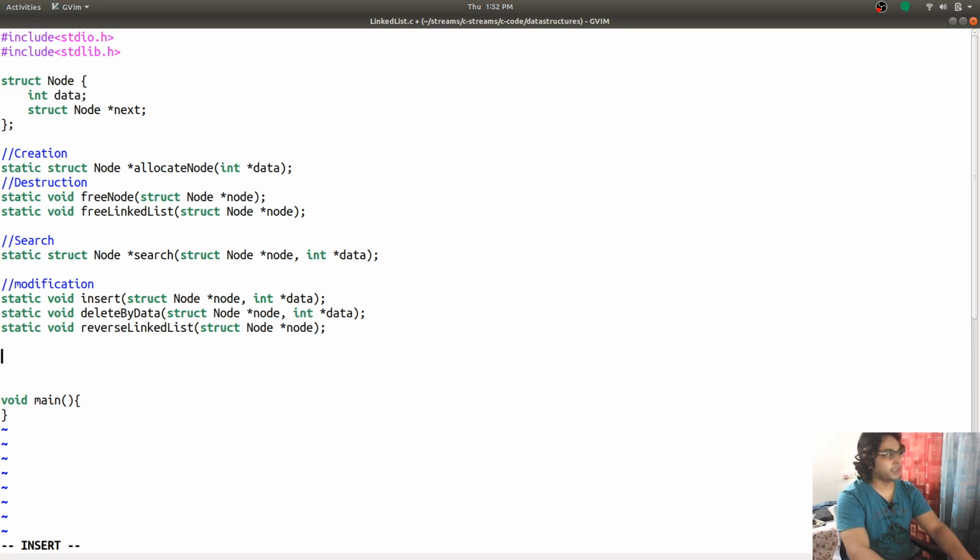These are the things that we are going to do in this live coding session, and we are already 9 minutes into this session. Creation and allocate node, starting with this.